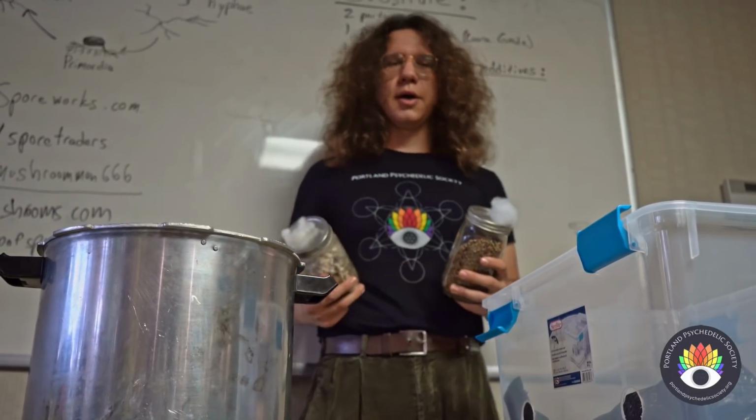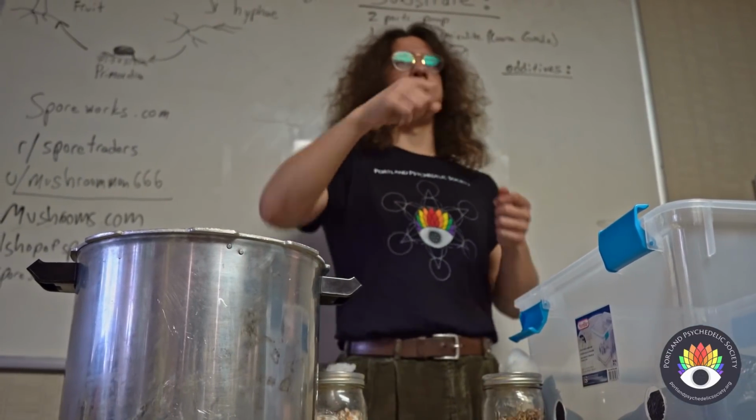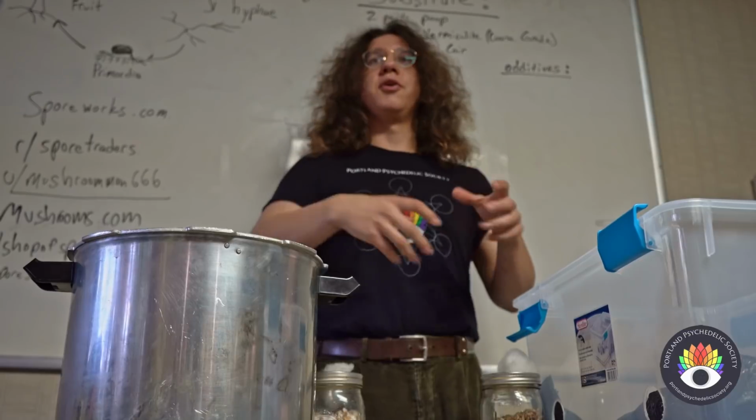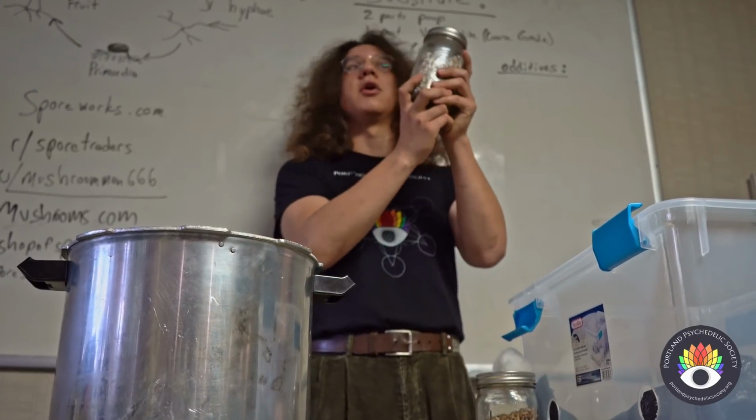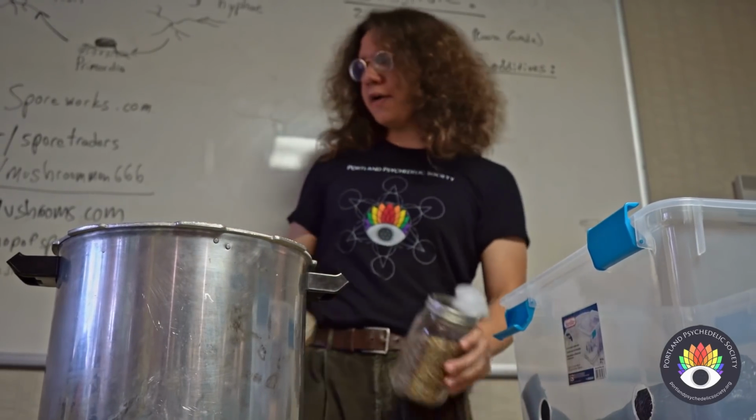Yes. So, and then you want to take a spoon and get those. You don't want to dump into jars or anything because you don't want actual liquid in the jars. You just want the berries. So, after that happens,